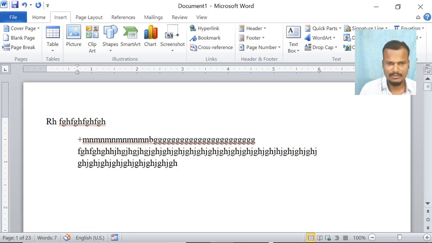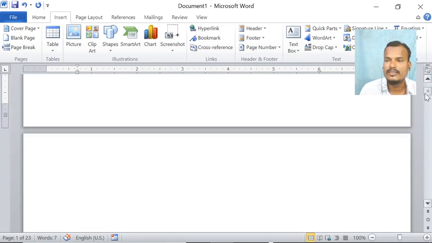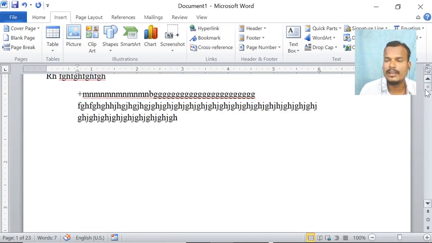If you want to see the top of the page, or the bottom of the page, we have to adjust this vertical scroll bar. The purpose of this vertical scroll bar is to see the page up and down in the Microsoft Word document, the top and bottom of the document also.